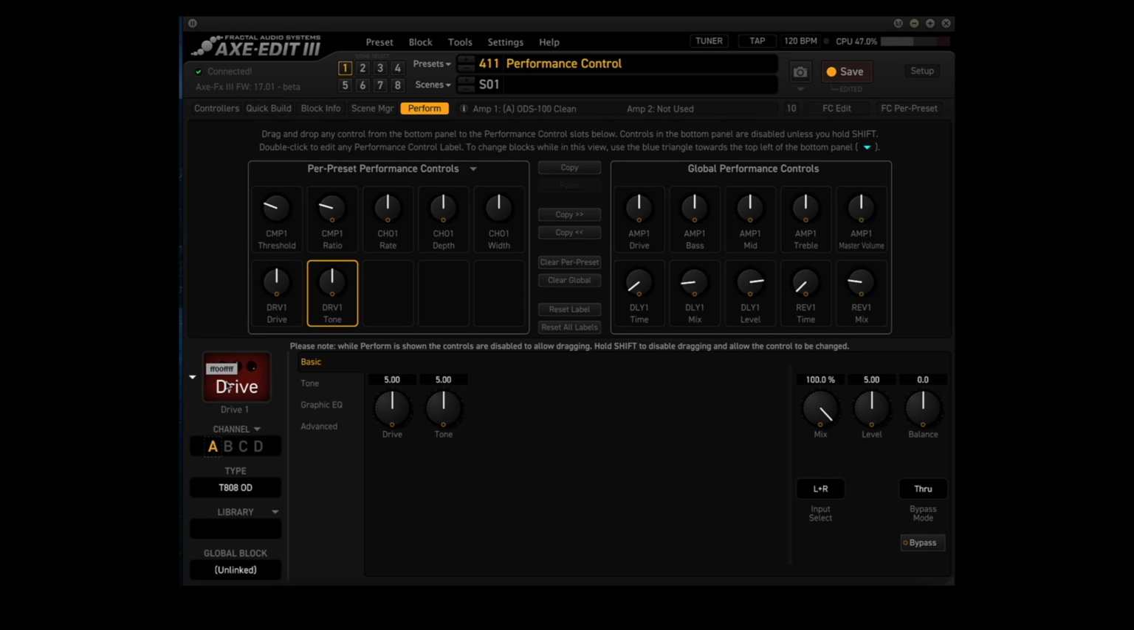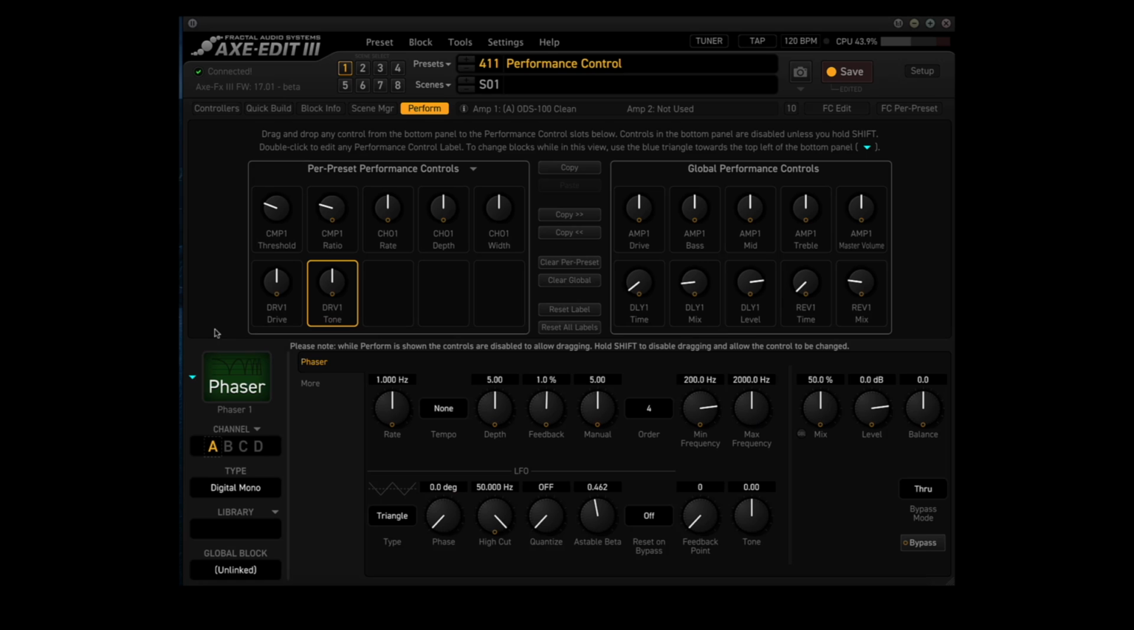Okay, now let's go to the phaser block and get rate, depth, and feedback. Now you want to make sure you hit save,